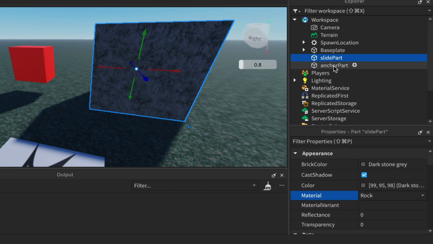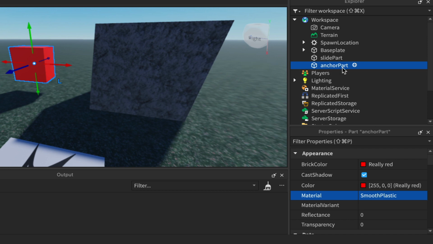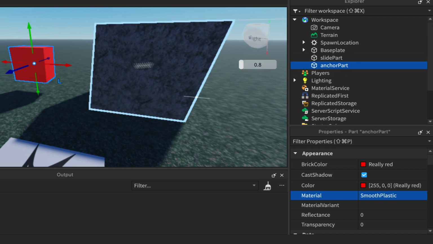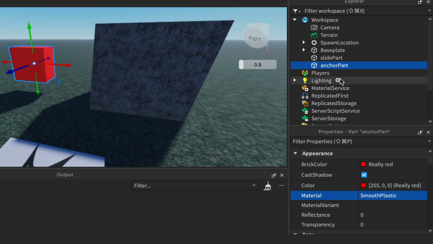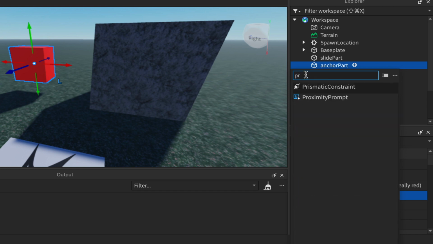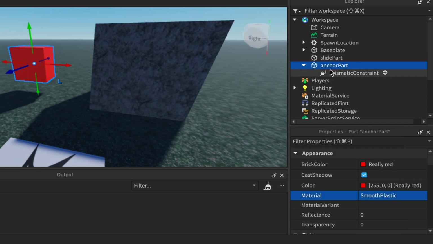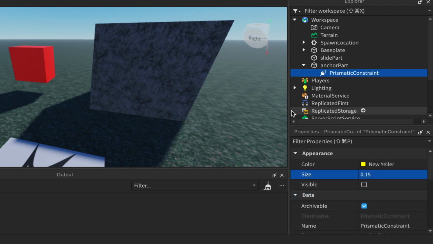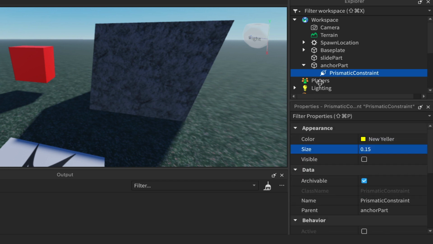So this anchor part is the one that drives the whole thing, and this part here moves back and forward. So what we'll do is, in the anchor part, come over and click on the plus sign next to it, and in the search box start typing prismatic constraint. Click on it to add it in. Alright, so we've added the prismatic constraint in here. Now the prismatic constraint, if you click on it and we have a look at its properties, so I'll just bring this up so you can see a bit better,